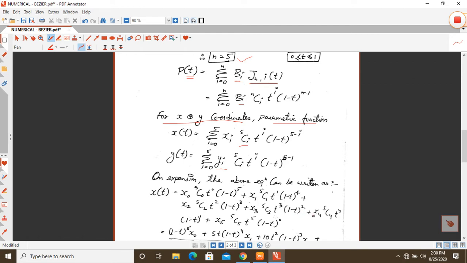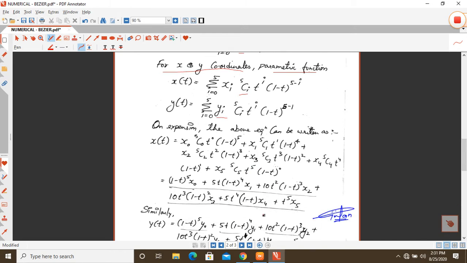plus x4 5C4 t^4 (1 minus t)^(5 minus 4), that is 1. Then plus x5 5C5 t^5 (1 minus t)^(5 minus 5), that is 0. So on simplifying, we know how to solve this, 5C0, that is nCr, n factorial upon r factorial into (n minus r) factorial. On simplification, it becomes (1 minus t)^5 x0